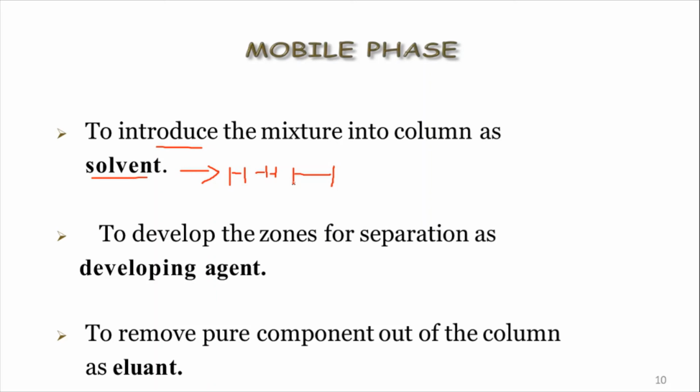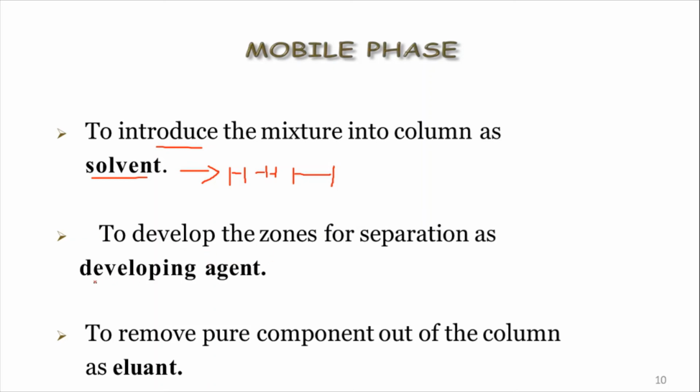The third type of solvent we use for the elution purpose. After separation, we increase the polarity. Due to the interaction between the stationary phase and solute, this third type of high polar solvent interferes with the intermolecular force, and finally the exact components of the molecule are separated from the column. This is called the eluting solvent. So we employ different types of solvents.